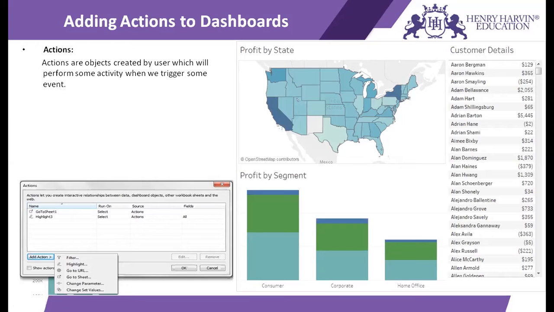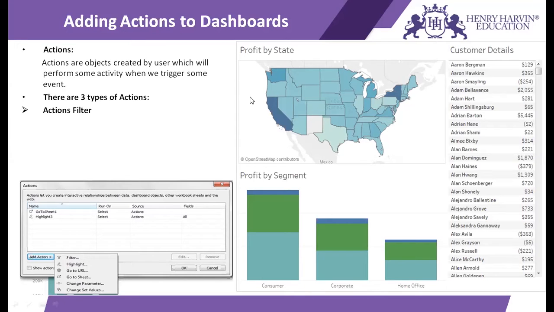But before that, there are six kinds of actions available in Tableau 10th version and above. In versions of Tableau below 10, from Tableau 1 to Tableau 9, you have only three kinds of actions. In Tableau 10 and above, there are six kinds.